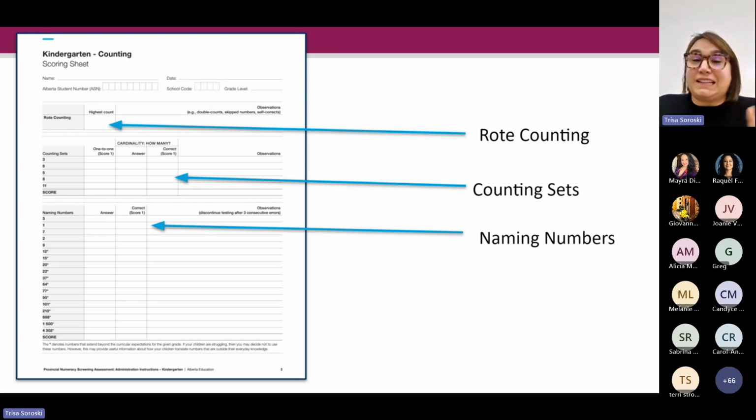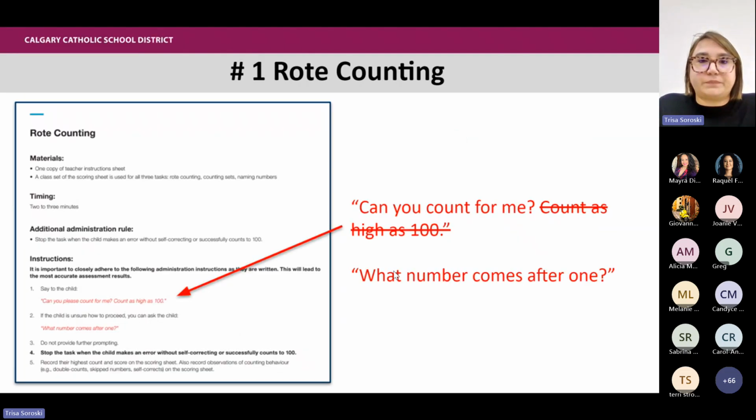One of the sheets, the main sheet, this is the one that we really want to focus our attention on because these are the really good assessments within this screener, is the counting. So this is a one-pager. It's one for every student, but you as the teacher fill this out, obviously. So you'll put the student's name and the date and information on this sheet. And then you'll record their scores. So their rote counting score, their counting set score. There's two pieces to that one, and then the naming numbers score. And I'll go through what each of these are. So at the end of the assessments, you'll have one of these sheets for every student that's filled out with all of their numbers on it.